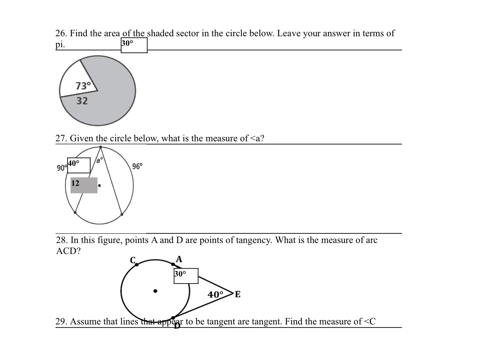Okay, again, I think that this one didn't import correctly. I believe this 30 is supposed to be somewhere else, so we're going to ignore that. We want to find the area of the shaded sector, so we need the measure of that arc. To find the measure of that arc, we do 360 minus 73, and I get 287. So the measure of the arc is 287 over 360 times area, so this is going